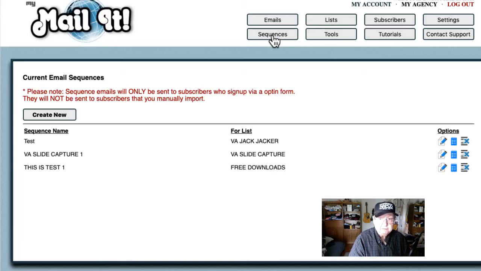Sequences is the cool part of any autoresponder. You create a sequence which says, I'm going to take a list and I want to send a certain sequence of messages, emails, out to that list on specific days, because I'm timing these to make sure I'm drip feeding them more and more information about what's going on and what products we have, things of that nature. So you would take a list and you would say,